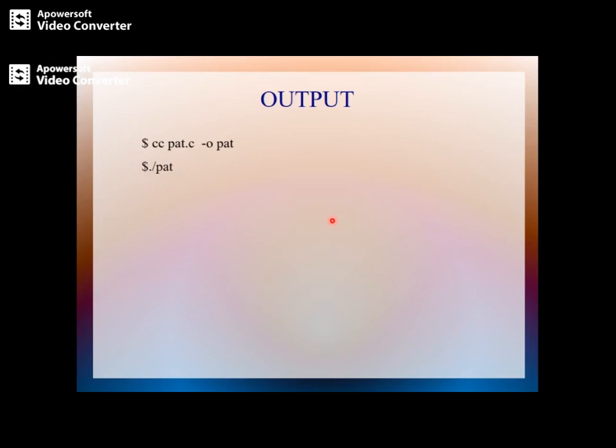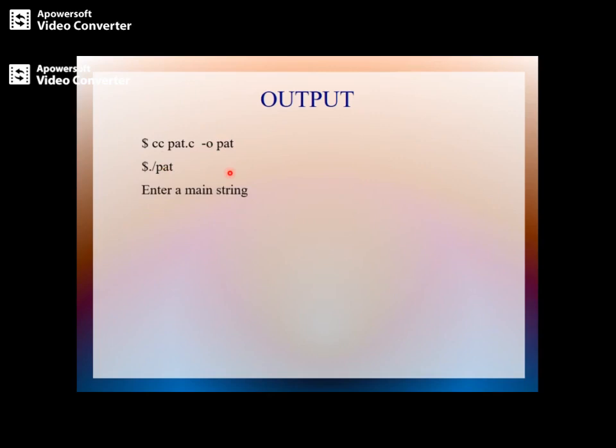And I'll run like this, ./a.out. Suppose you do not want to use this portion, it is still going to compile, but in that case the compiler will store the output in the a.out file. In that case, the second step has to be ./a.out. Since you have specified -o pat, the output has been stored in pat, so I can run it like ./pat.